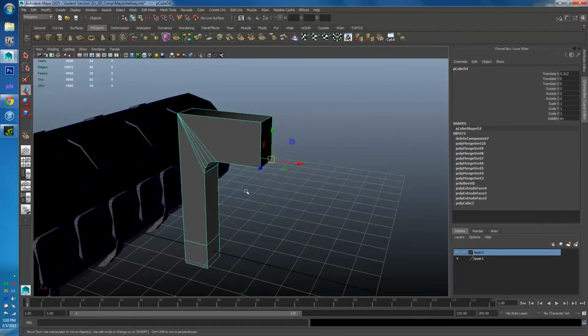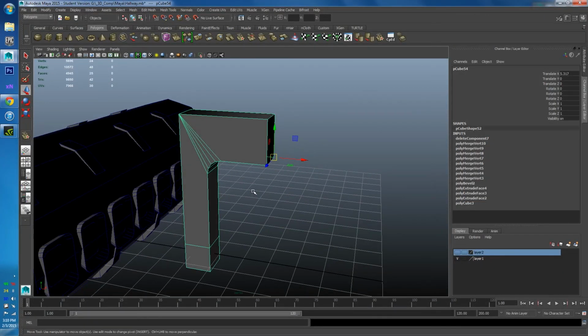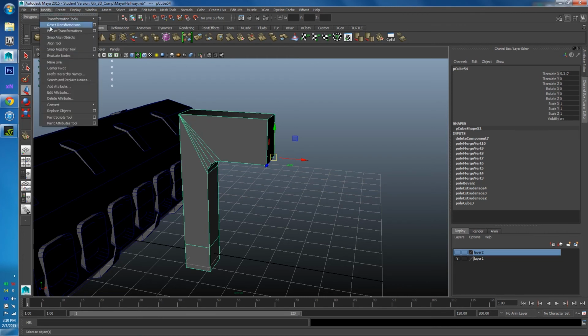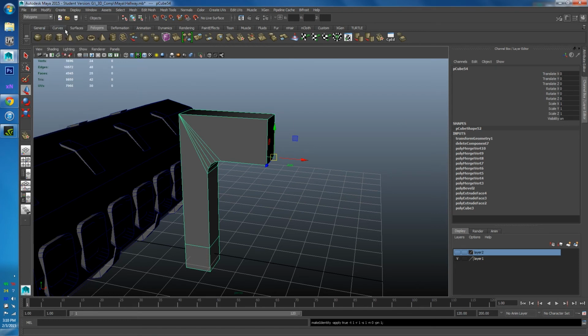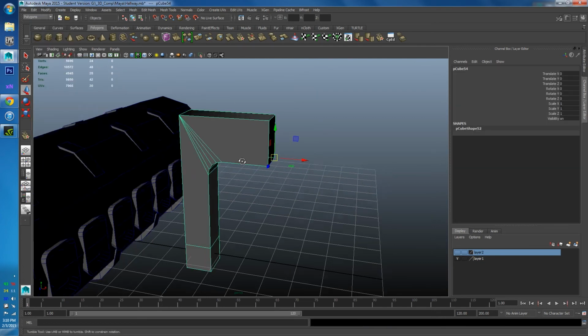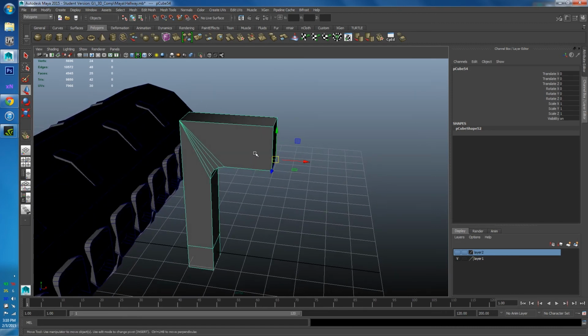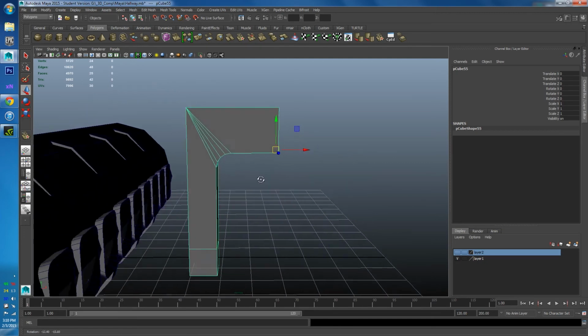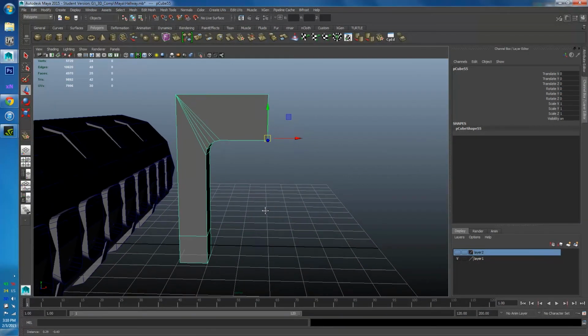Hit insert again. I'm going to go up into modify and then freeze transformations, and what this is going to do is it's going to zero out all this data right here. So watch this. Awesome. And then I need to go into edit, delete all by type, history, just to be sure. So now if I hit Control D, I just duplicated it, and what I want to do is subtract the scale in one direction. So this would be in the X direction,